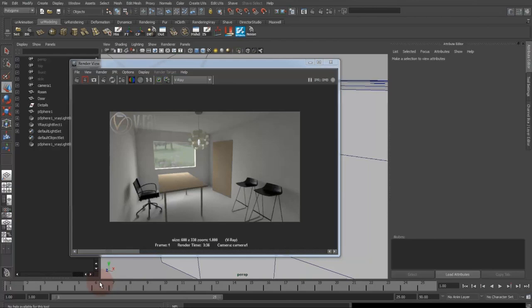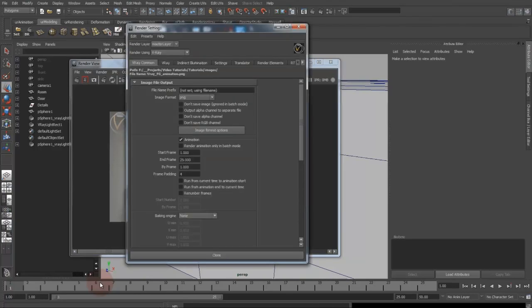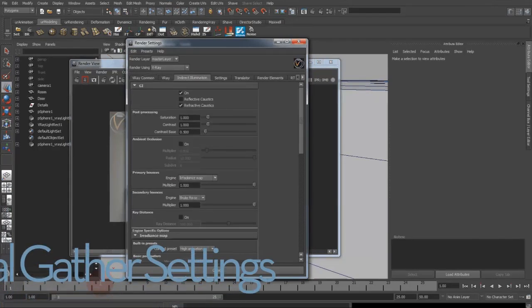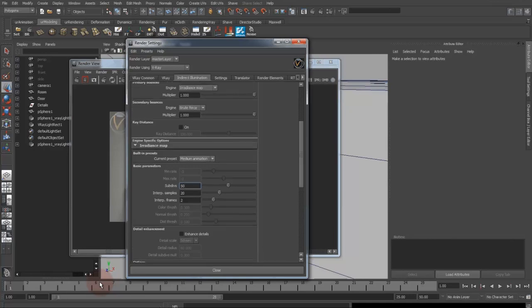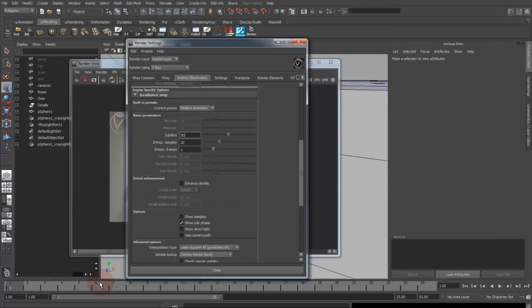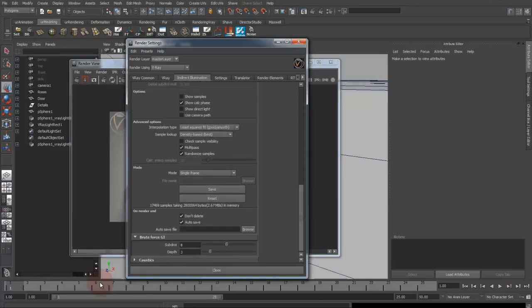It is actually quite straightforward, but now I have a close look in the render settings. What I'm doing, I go into my option box and under Indirect Illumination, I first of all set them a bit lower because I don't want to render for ages today, so I just want to show you how the workflow would be. So you would go, after setting your presets or your settings for your Irradiance map, you would go into the mode